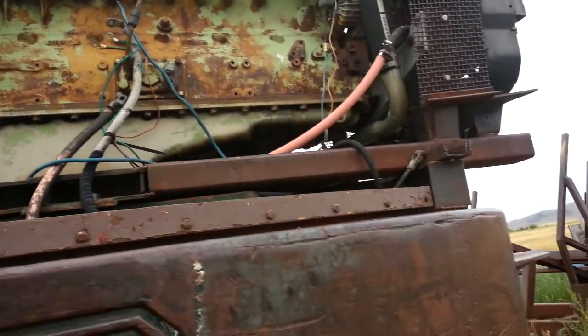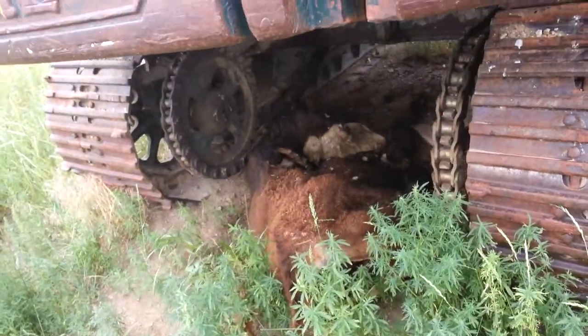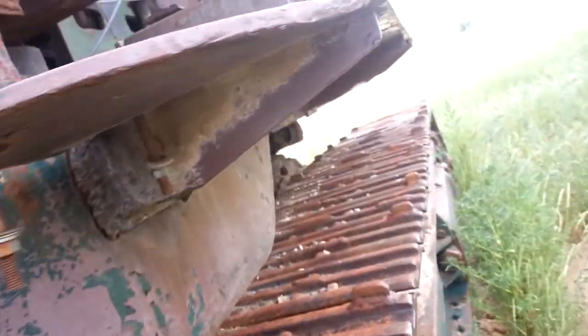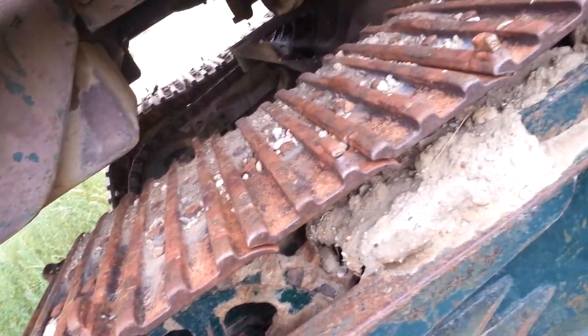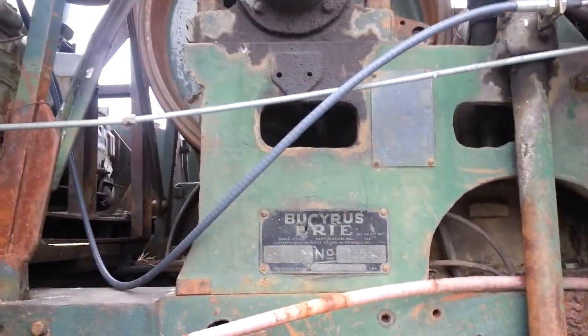This one apparently is probably, oh, and there's a dead cow under it. Look at those drive chains. This one, I think he said, might end up scrapped. So it's an Erie